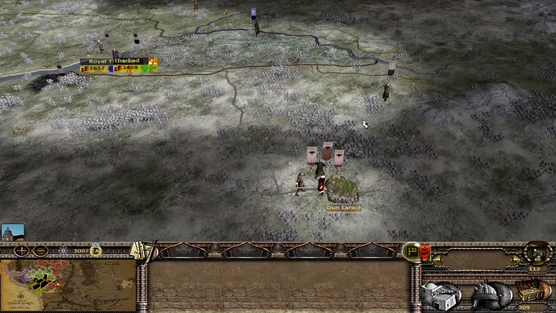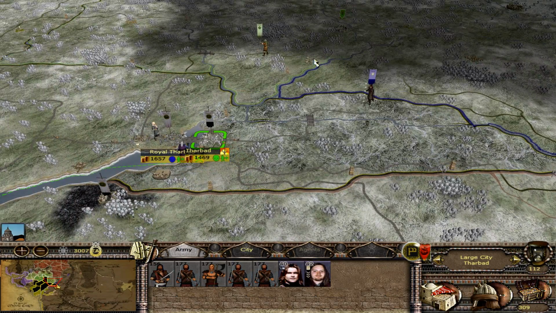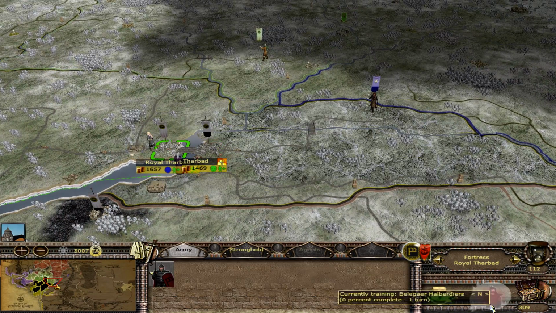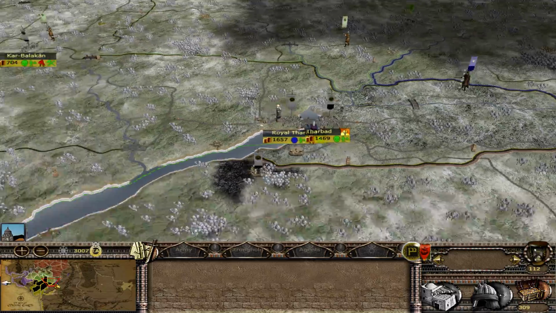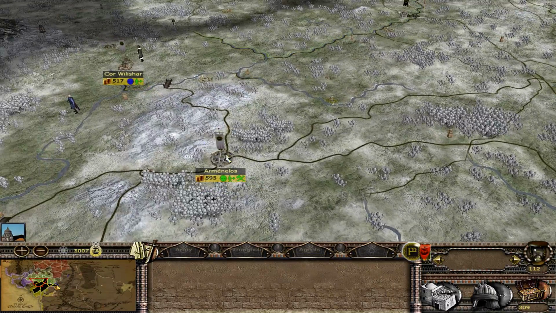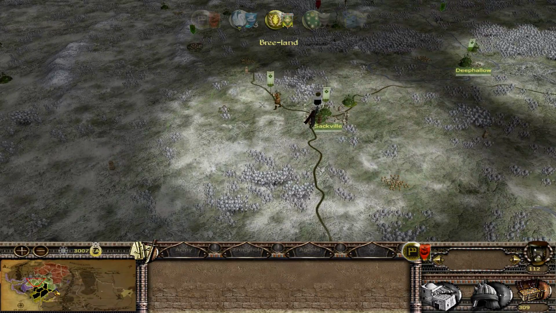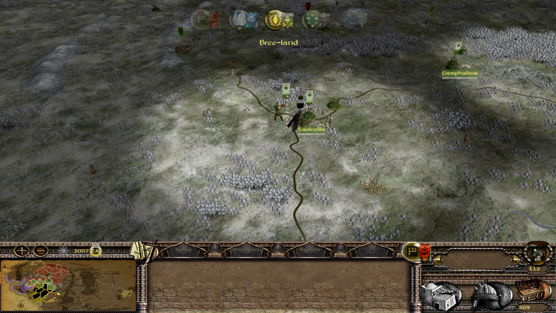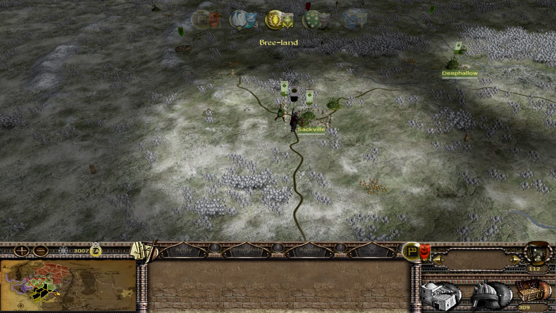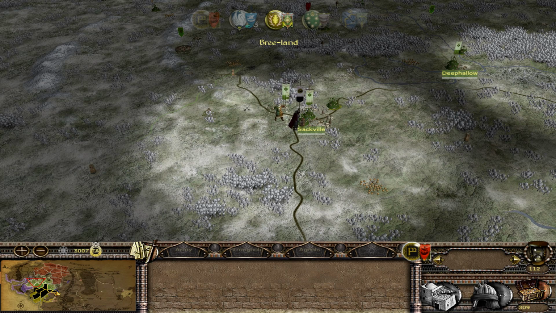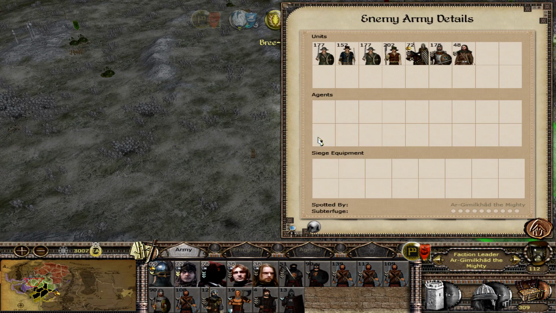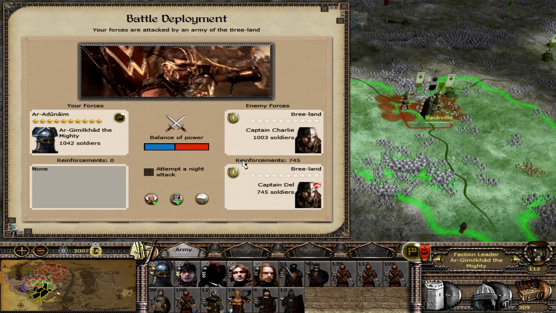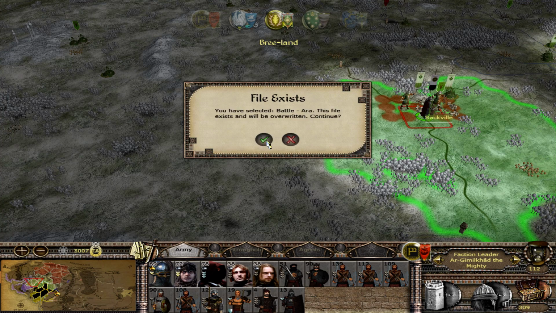But also, we do kind of need to put pressure on Dunland now. So we'll wait and see what happens with Imladris, where they're going to go, what they're going to do. And then we'll move to maybe attack Dunland. Fred and Charlie combined in one, and this episode will end with more Hobbit murdering. Charlie, oh, he's got some Greenway cavalry. Cool, cool, cool. And Captain Dell is just the remnants of that army and a few extras. But they're all going to die, we know by now.